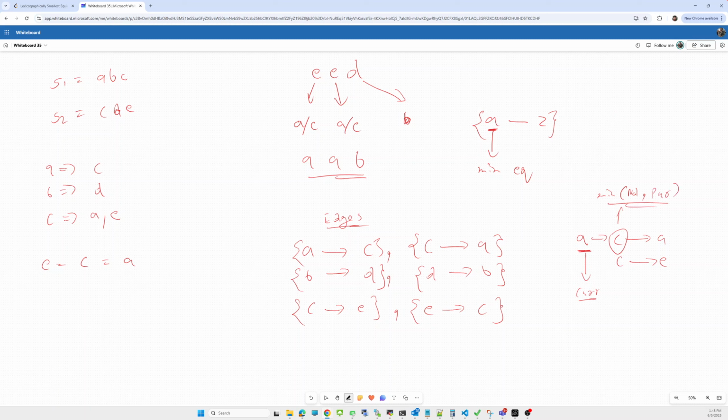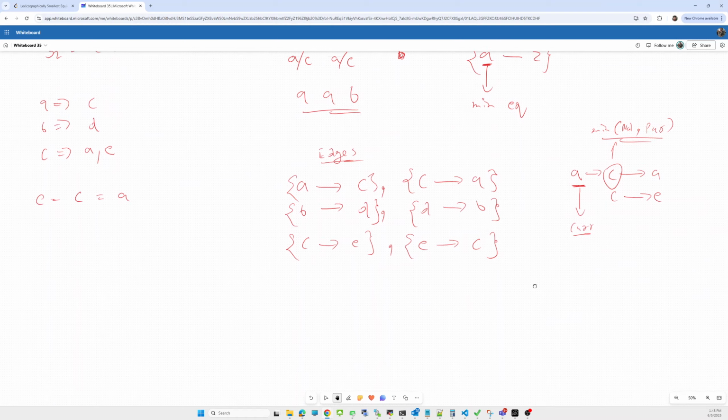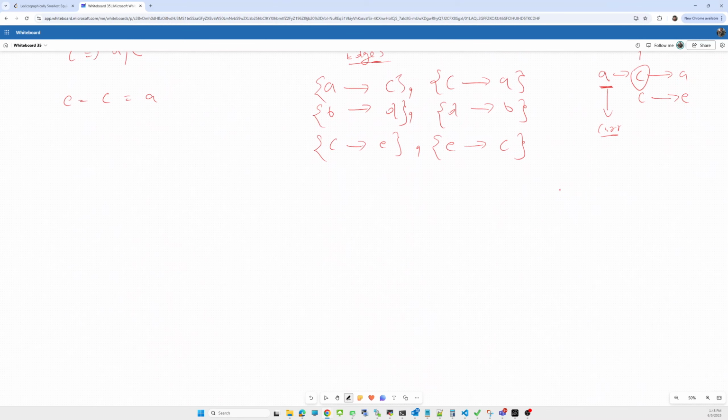So based on that, in the end, once we find the minimum equivalent corresponding to each character, what will be our problem? Now we have to make them equivalent, like this, E and D. We know the smallest equivalent to E is A, the smallest equivalent to D is B. So we'll simply return this string.